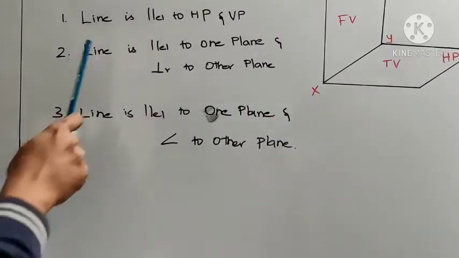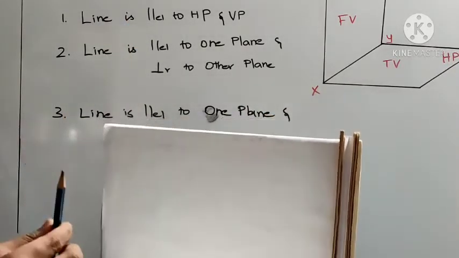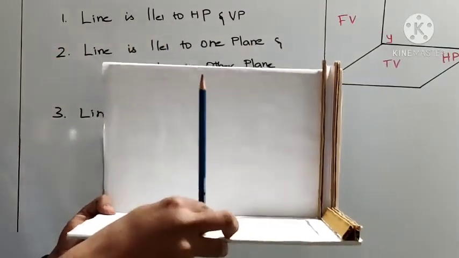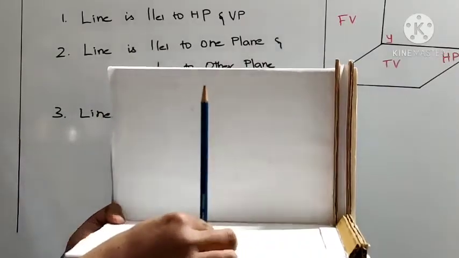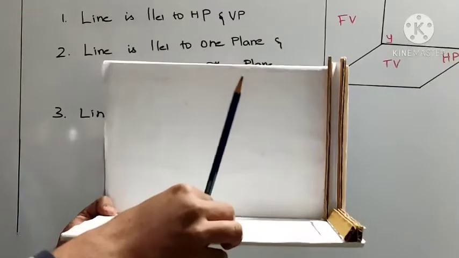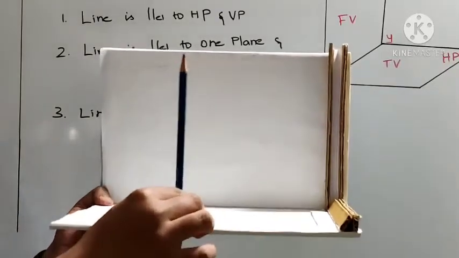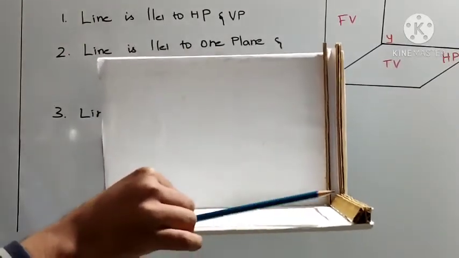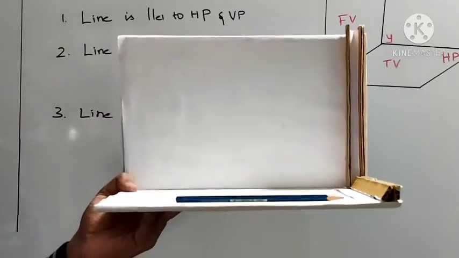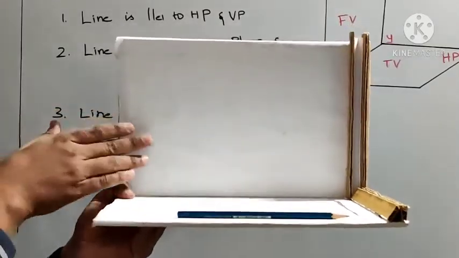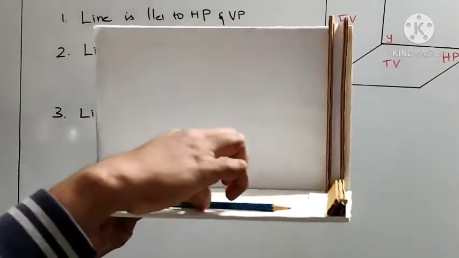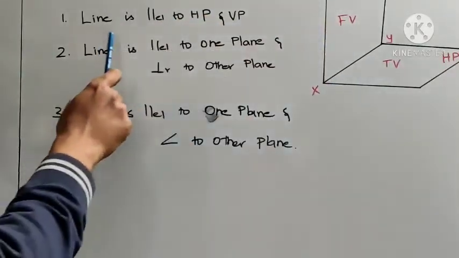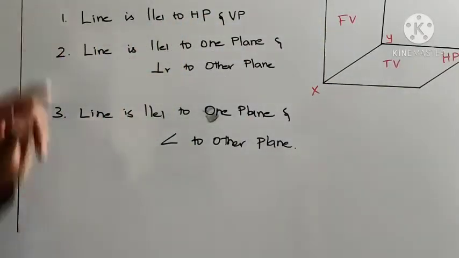In order to consider a line parallel to both HP and VP, we need to position the line first. For instance, let's assume that the straight line is something like this. If it is like this, the line is parallel to the vertical plane, whereas the line is not parallel to the horizontal plane, whereas it is perpendicular. So you need to make that also parallel, something like that. Now the straight line is parallel to horizontal and parallel to vertical. In any of these positions, if you consider a line something like this, then it is called a line parallel to HP and VP. This is nothing but our first case.